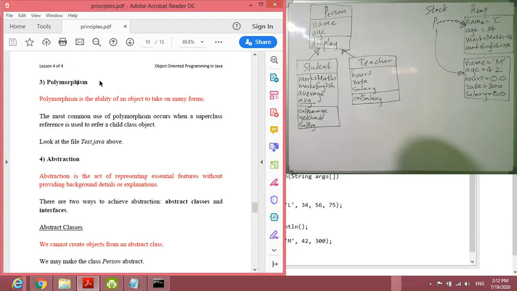Polymorphism. Polymorphism is the ability of an object to take on many forms. The most common use of polymorphism occurs when a superclass reference is used to refer to a child class object. So if you look at this,